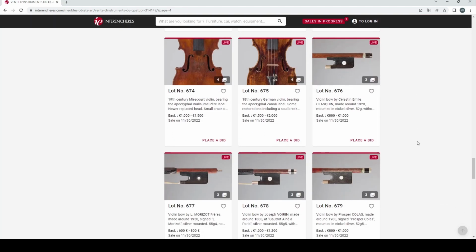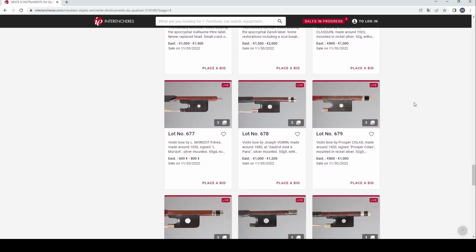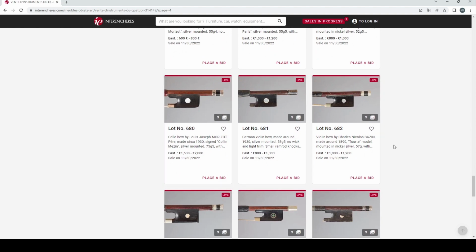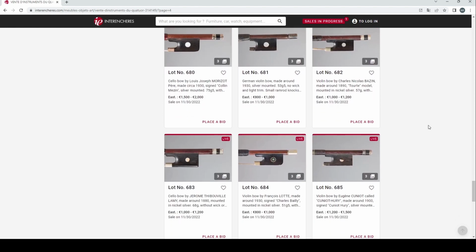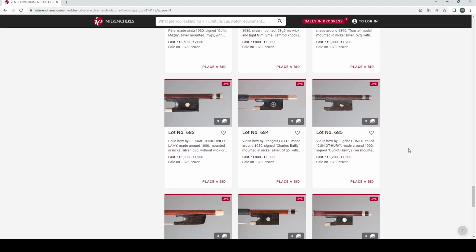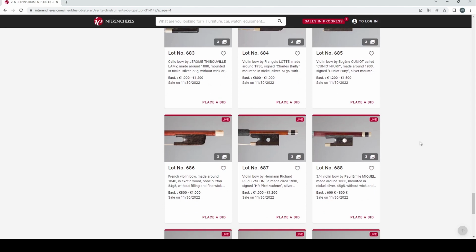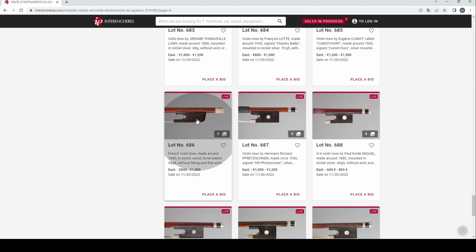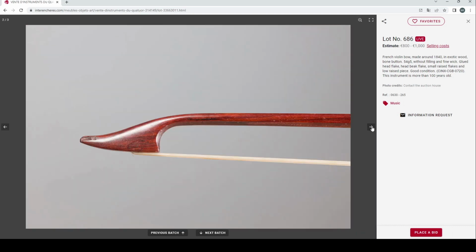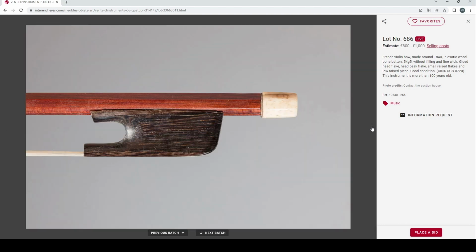We've got some more bows here. Violin bow by Clasquin, violin by Morazon, Varin, Prosper Colas, Joseph Morizot. German violin bow, Charles Nicholas Bazar. Cello bow by JTL. Violin bow, Francois Lot. Violin bow, Eugene Cugnot. French violin bow, let's have a look at that. Made around 1840 in exotic wood, bone button. 800 to 1,000 euros. Interesting kind of transitional bow almost, with the interesting head, a bit more swan-like, like some